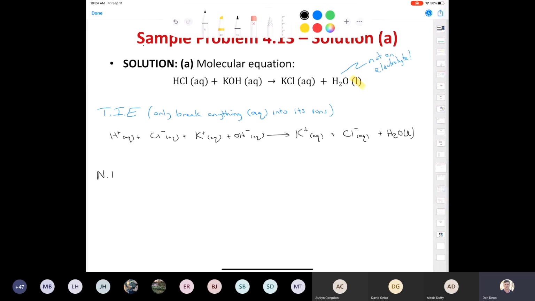Now for my net ionic equation, I'm going to cancel out all the spectator ions. Who could tell me what the spectator ions are in this reaction? Yeah, potassium and chloride. Absolutely. So if we look here, you can see that the chloride remains unchanged and the potassium remains unchanged. And so our net ionic equation would be H plus OH minus,